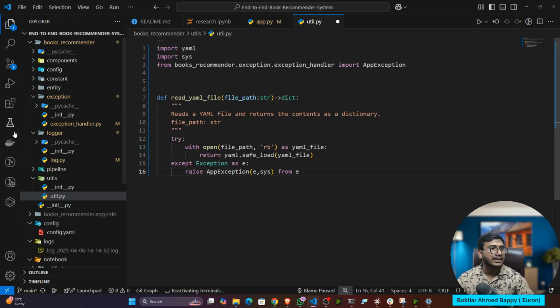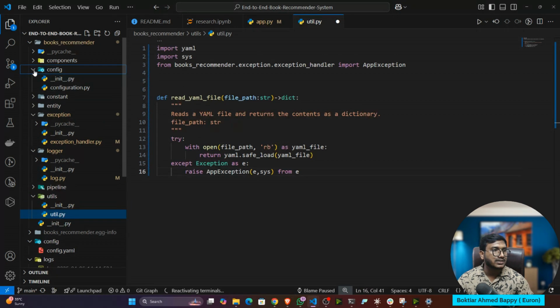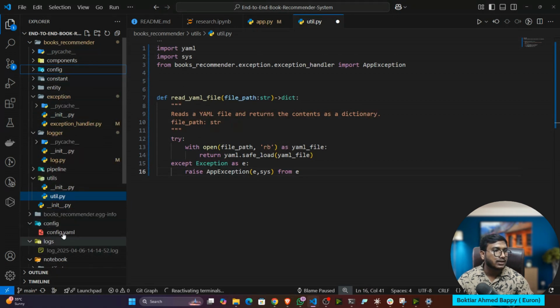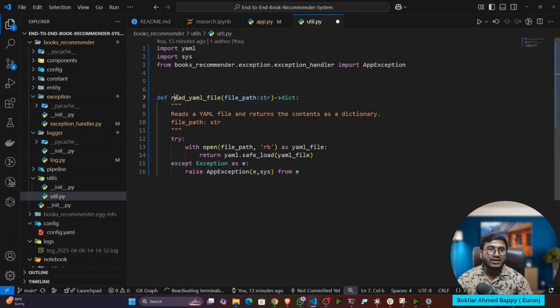Every time I have to read the YAML file from the config file itself, config.yaml. So that's why I have written a function called read_yaml. This will get the file directory and it will return the YAML content. And if an exception occurs, I'm also handling it with the help of the exception we have created. So these are the common functions you have to add in utils. This is your utility.